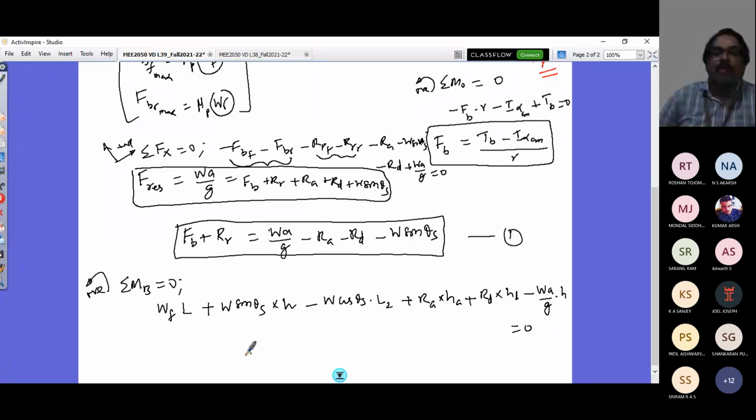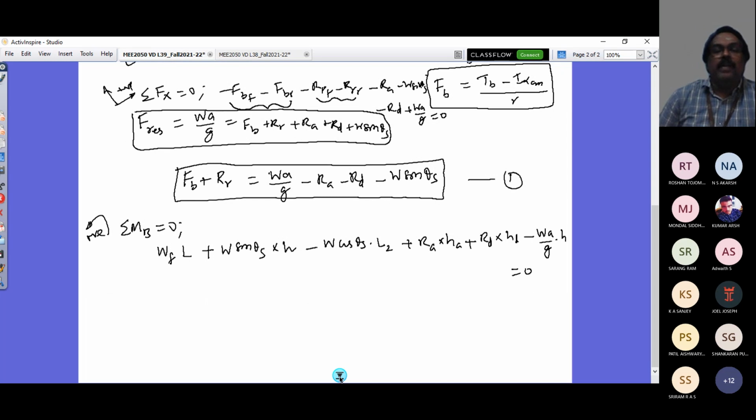This is the moment equation applied. Six terms are participating in this equation. Rolling resistance force will not come in, as it is on the ground itself, right? And FB will not come in, as it is also on the ground itself. So these are the forces elevated from the ground, and point B is the rear axle tire-road interaction contact